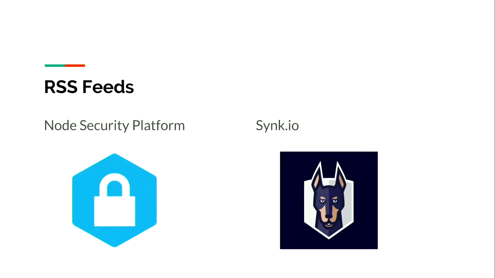And all they are is, within your RSS feed, they will put out when they find a module that has a vulnerability in it. And NSP also has a tool, which we'll talk about later on, that you can put in place to break builds. And if you're manually watching it, then you know it might be coming up if you're developing something.